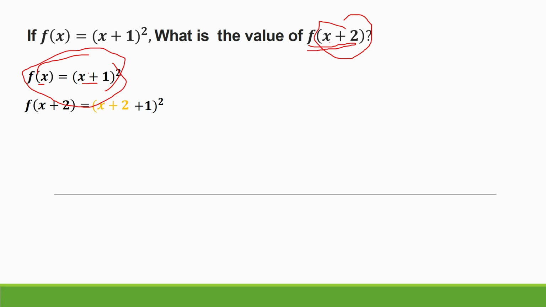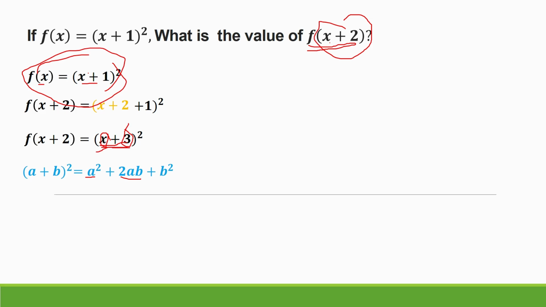Now we will just simplify this equation. How? f(x + 2) is the same as before, and x is the same, and 2 plus 1 is 3, and whole square, right? Now you can see that this is becoming the (a + b) whole square form, right? Which is equal to a square plus 2ab plus b square, right? So if a is this x and b is 3,